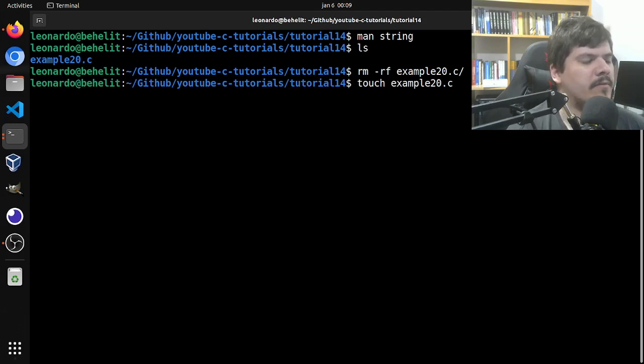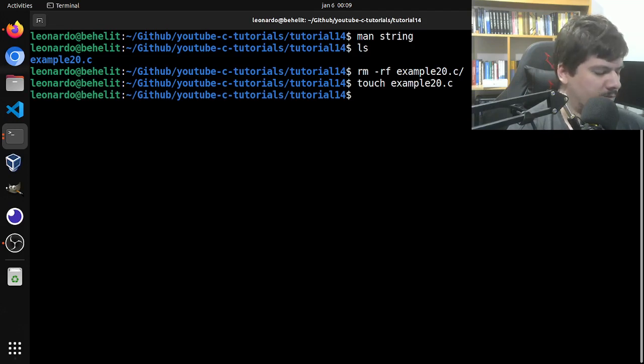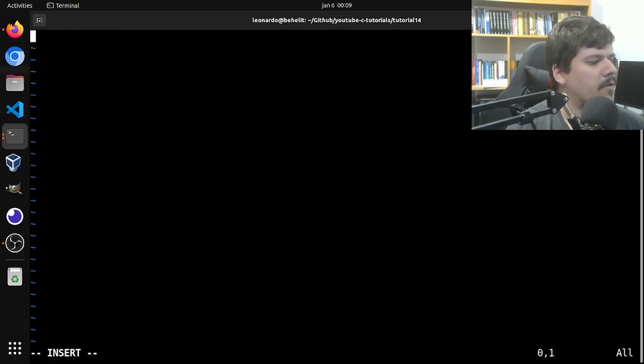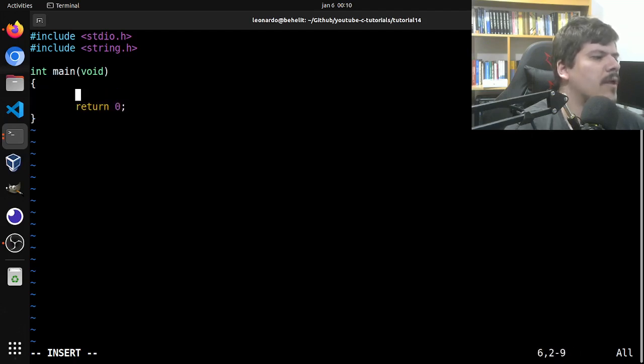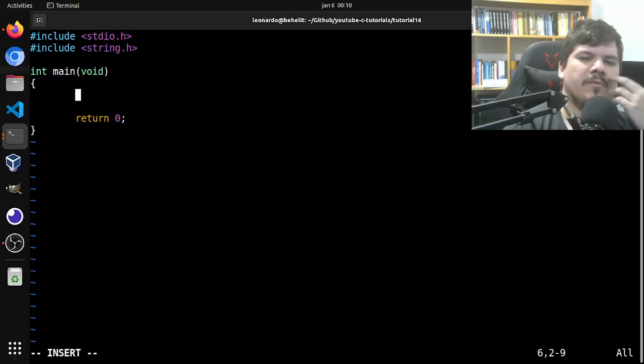So we are on the 14th tutorial, and we start with example A20. Okay, so our boilerplate code, standard IO, we include string.h and perhaps a standard library, but no, I guess just so in main, and okay, so return 0. So first things first, I guess we could start with how do we compare two strings